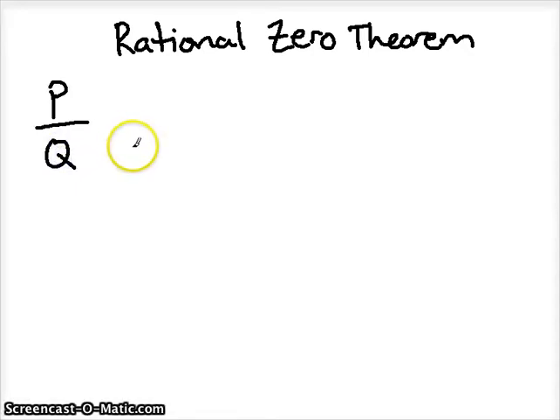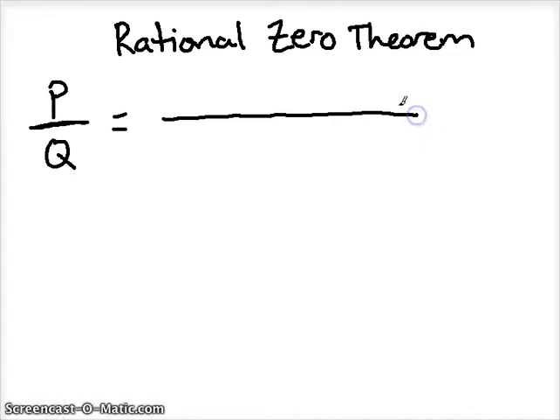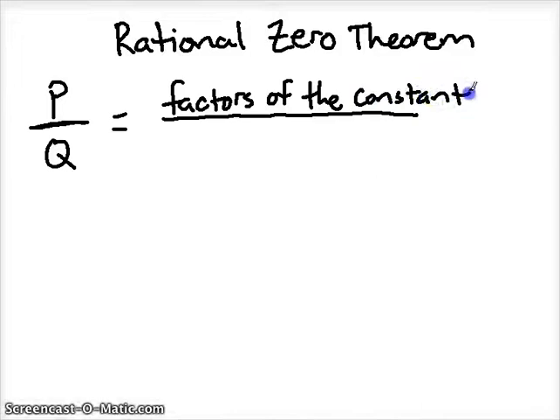First thing is the definition of the Rational Zero Theorem, which is that a polynomial has as many possible zeros as this quotient can describe. So P over Q is just the letters they use to define it. What it really represents is that you're trying to figure out all of the factors of the constant. Whatever number, usually at the end of your polynomial, the constant is the one without a variable attached to it. So figure out all the factors of that number